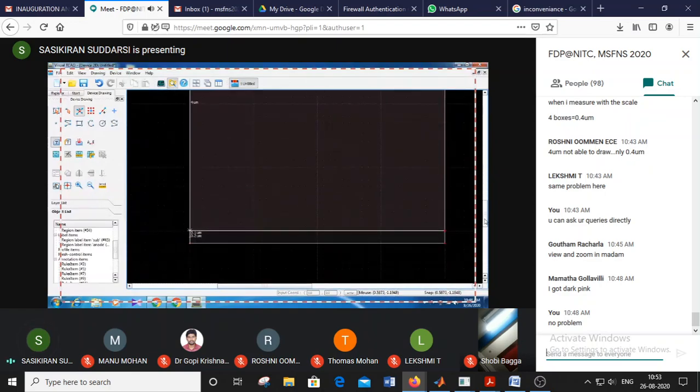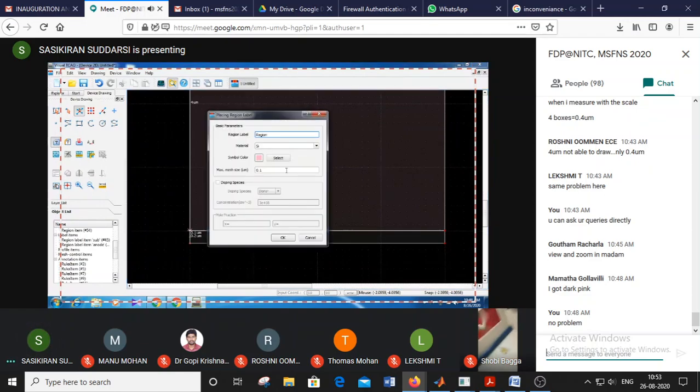Next, we will do the third region. The third region is actually the cathode region. So type that name, cathode electrode.